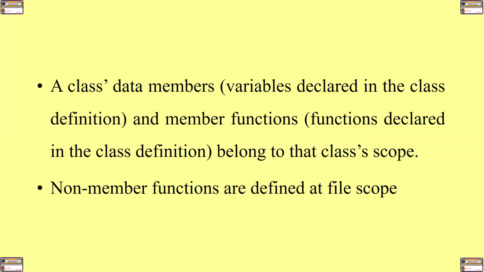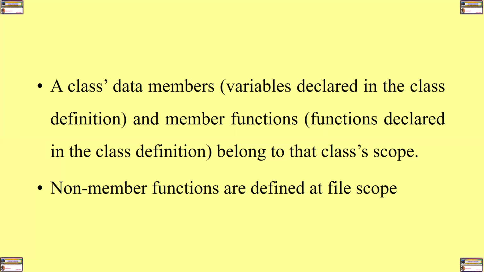If you have a method and a data member within the same class, that method can make use of the data members within that class, meaning that that method has a scope, and that scope is that class. But if a definition or a declaration has been made outside of a class,